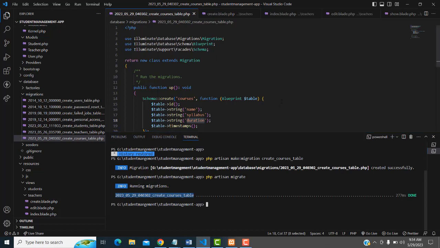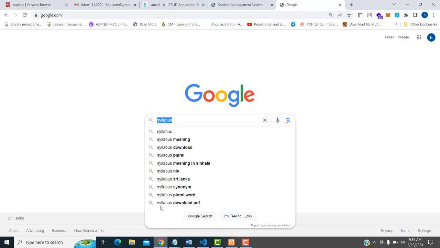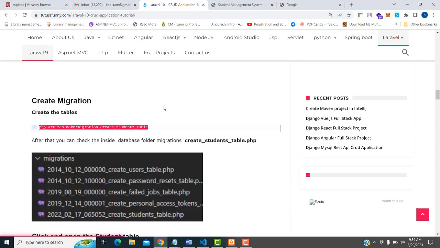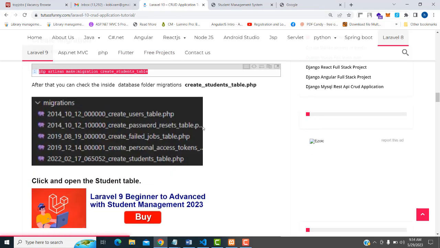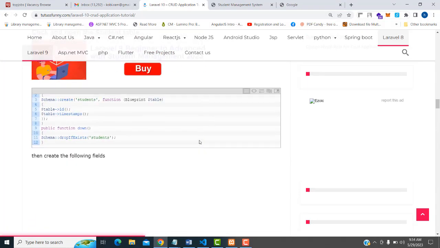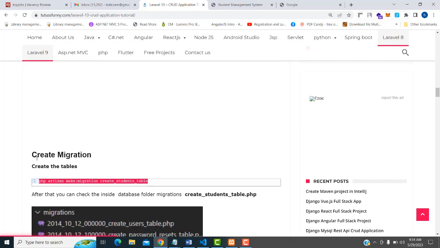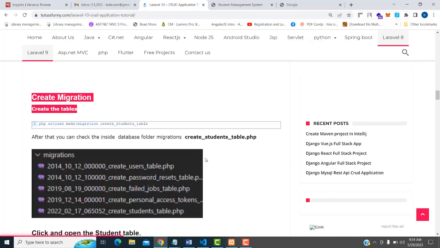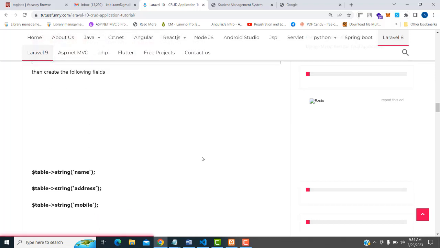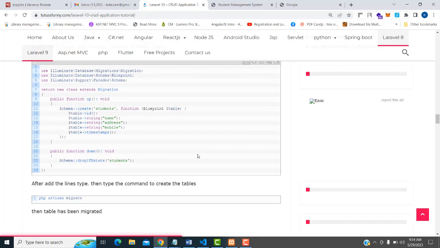Perfect. Now after done the migration part, I'm going to create the controller section. Okay, go along with this documentation. First you have to create each and every module. First you have to create the migration part. After completing the migration part, you have to go to the